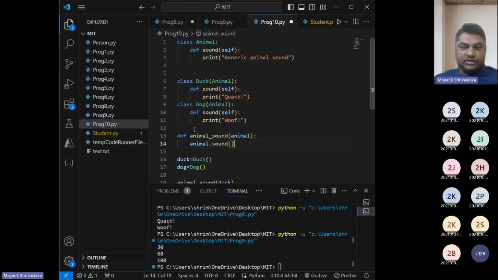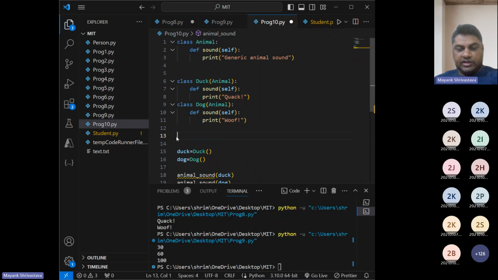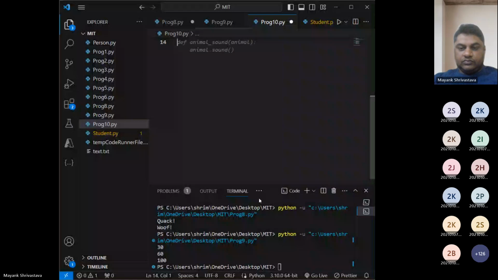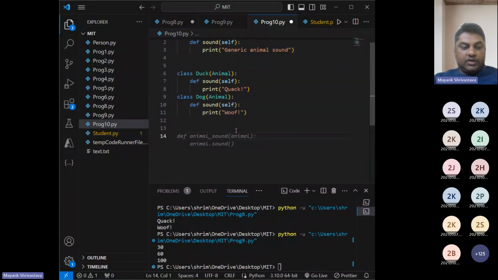In this, I also have this self print, and instead of using this, I'll just delete this. I'll delete these parts as well. Now what I'll do, I'll create an object of Animal class,